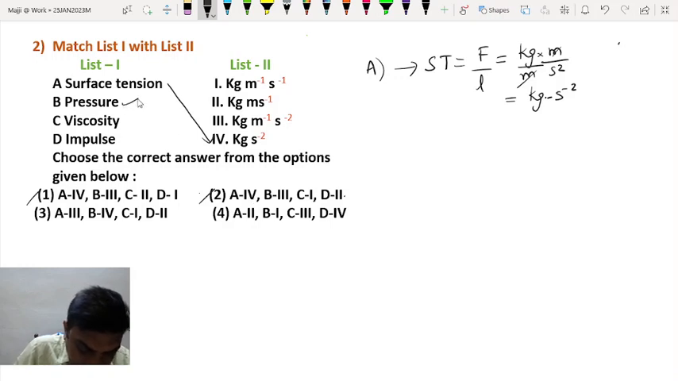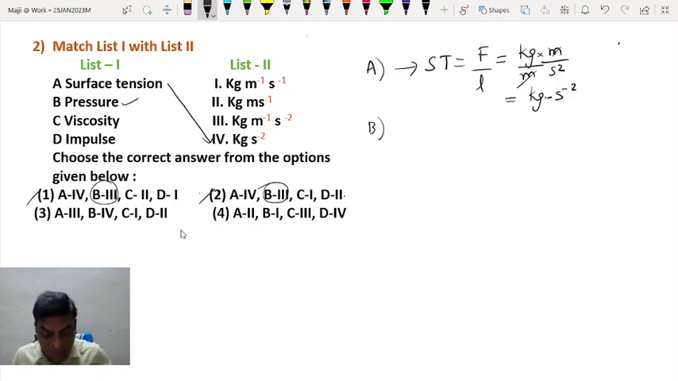Let us move to the next thing, B. No, B we should not attempt, because both the options carry the same thing. So let us go with C or D. So I'll go with D because impulse is easier than viscosity. So for D,